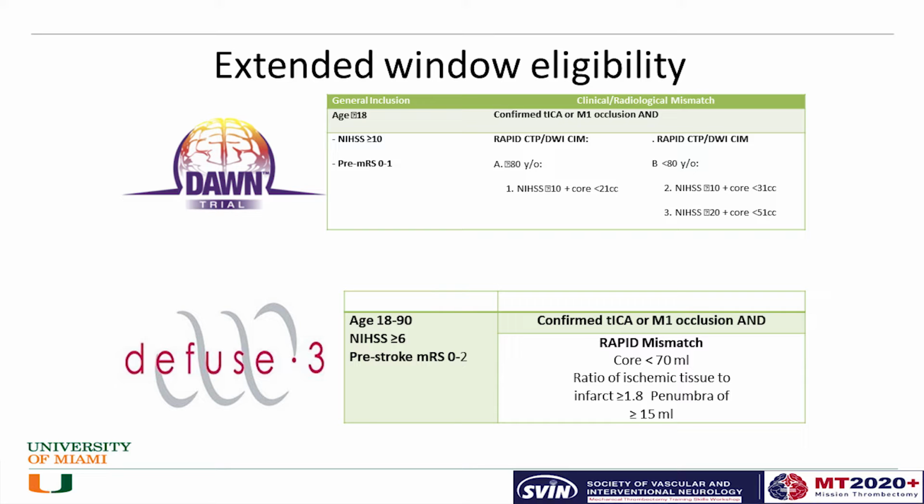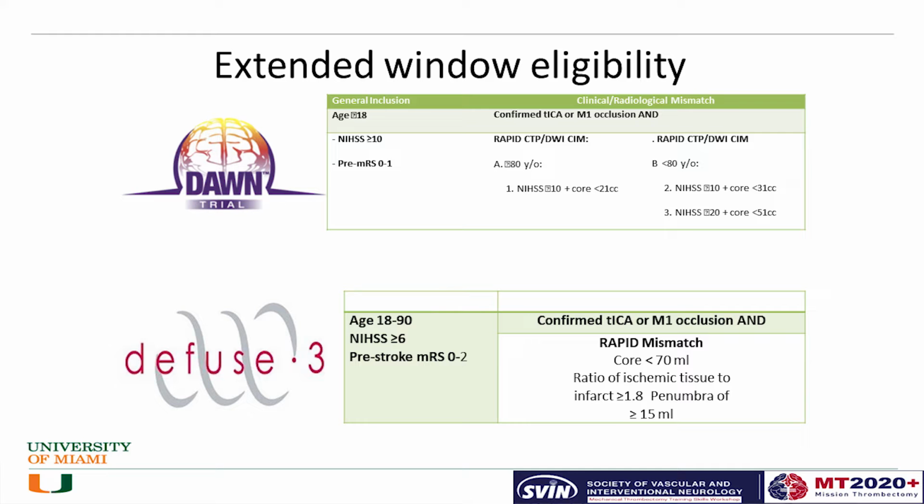So if you were greater than 80, they wanted an even smaller core, less than 21 cc's. If you were less than 80, they were a little bit more generous and allowed you a core of less than 31. If you had a very severe stroke, they allowed you a core of less than 51. So remember these numbers for core, because I'm going to show you what a RAPID perfusion scan looks like in a bit. So the DAWN trial,